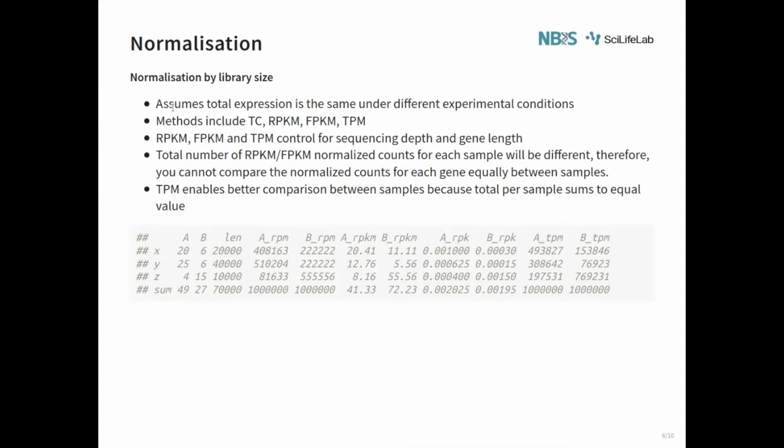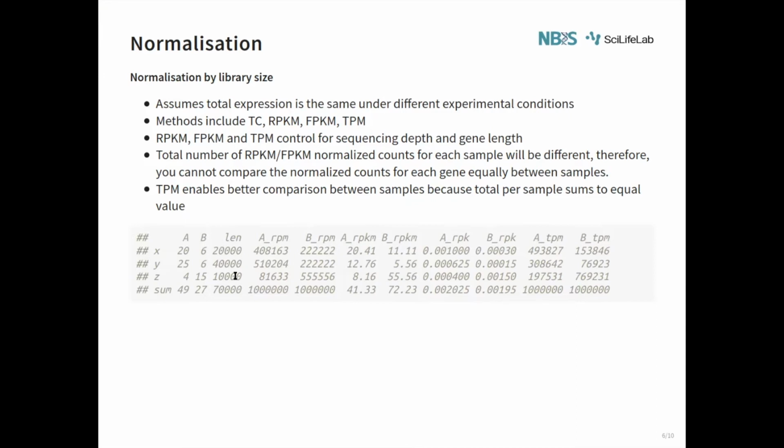There are some assumptions when you do this kind of normalization, and this includes, very roughly speaking, total count normalization, RPKM, FPKM, and TPM. Total count, as I said, is the most basic, just controlling for sequencing depth. RPKM, FPKM, and TPM are related, as in they control for gene length and sequencing depth. Now, you tend to see RPKM and FPKM quite a lot, but they are going out of favor because